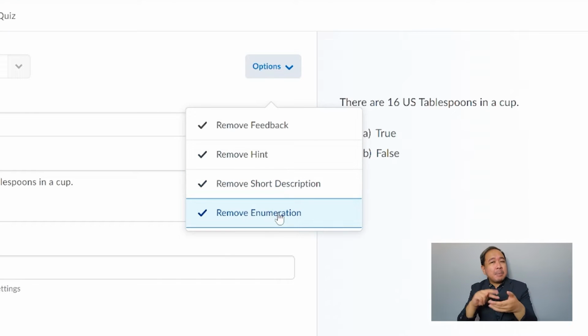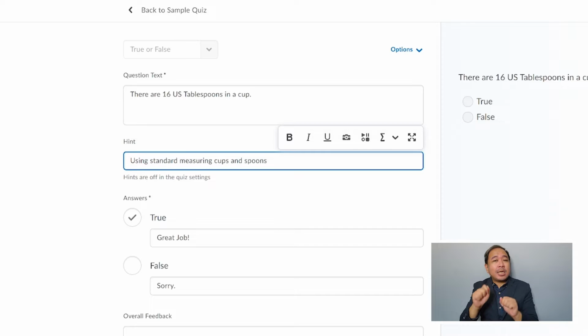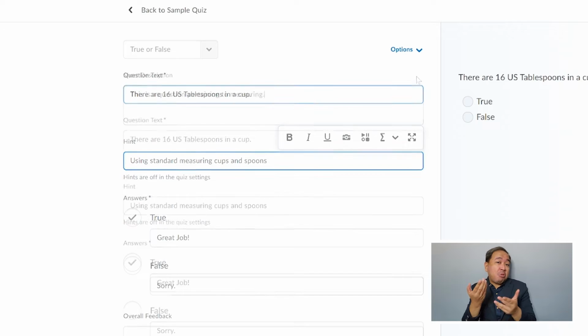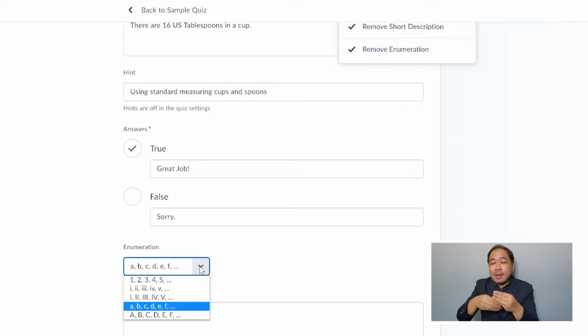Think of feedback as a reaction to an answer. Examples would be "good job" for correct answers and "sorry" for wrong answers. Add hint and add short description opens a field where you can type in a hint and a short description. Add enumeration allows you to put numbers, letters, or Roman numerals beside the possible answers, which in this case is